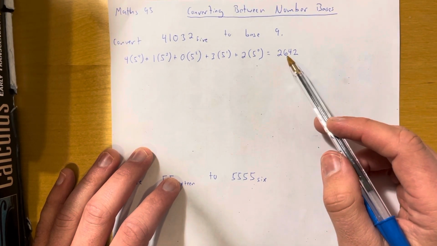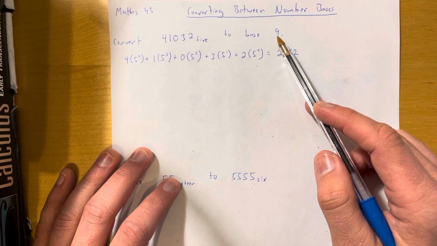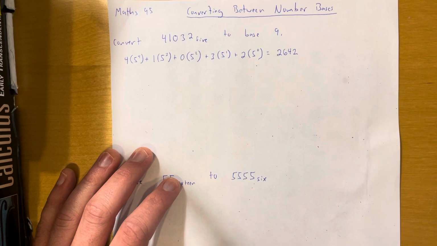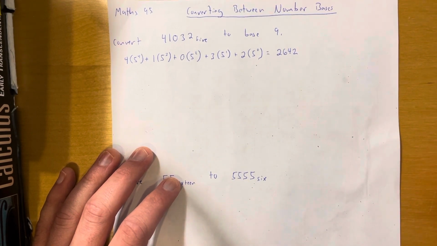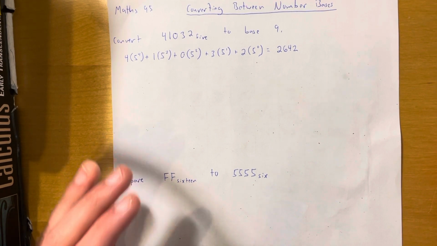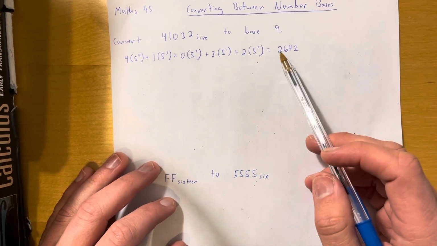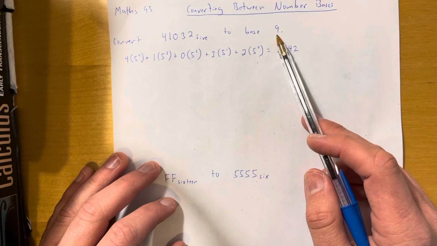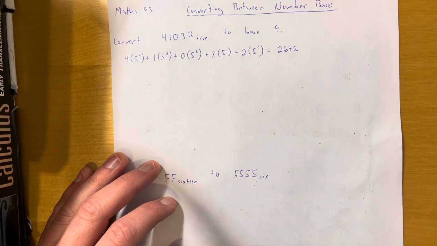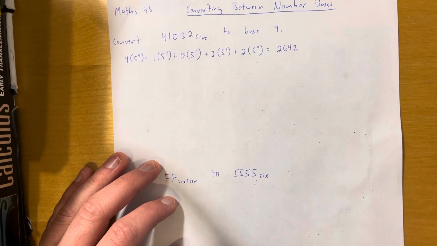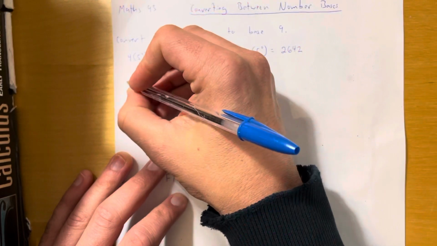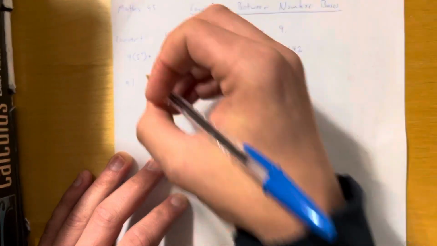I don't want something in base 10. I want something in base 9. And so now what I'm going to do is take this number and convert it using one of the techniques that we talked about in the parent class to base 9. And one of the tricks we talked about for doing that is repeatedly dividing this thing by the base that we're trying to convert it to, and using the remainders of that division as our numeral. So I'm going to start with 2,642